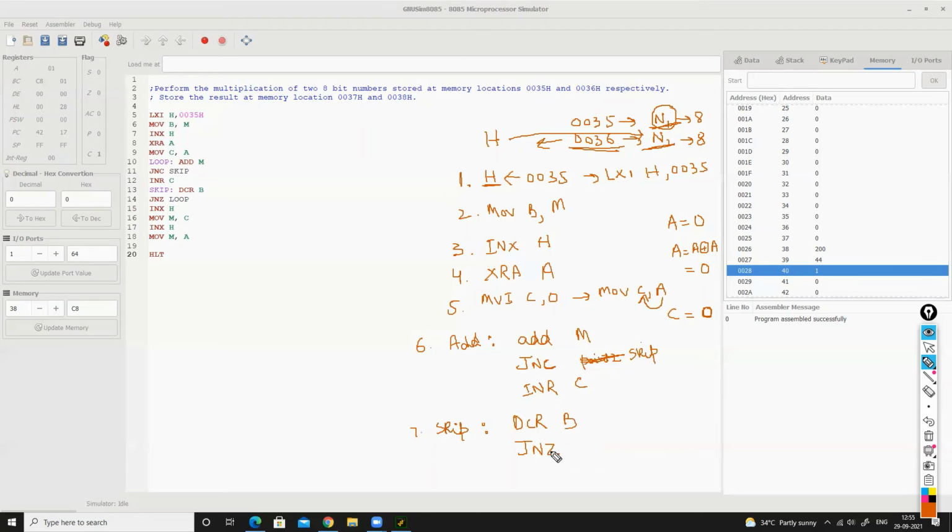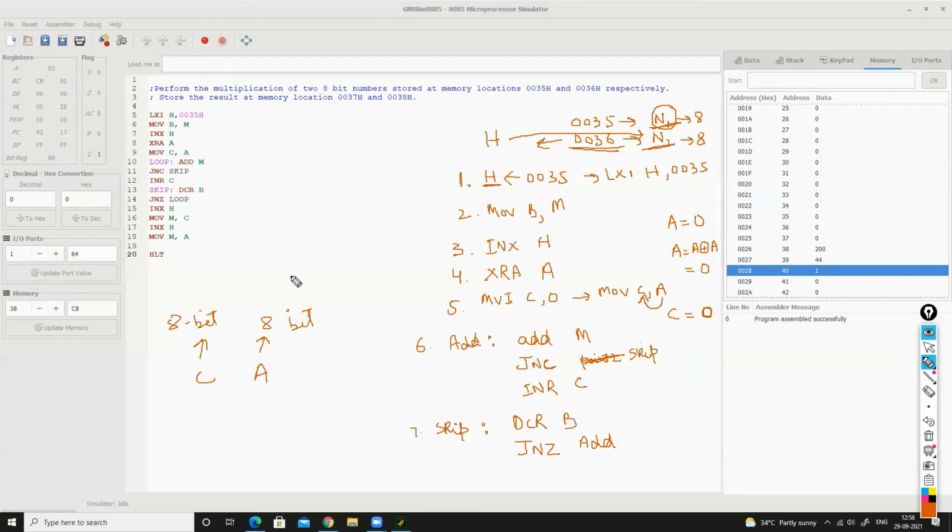So it is saying jump not 0 to add. However, if it has reached 0, we go out of this, which means we have completed the repeated addition. Now A will contain the 8-bit result and C will contain the other portion of the 8-bit result.